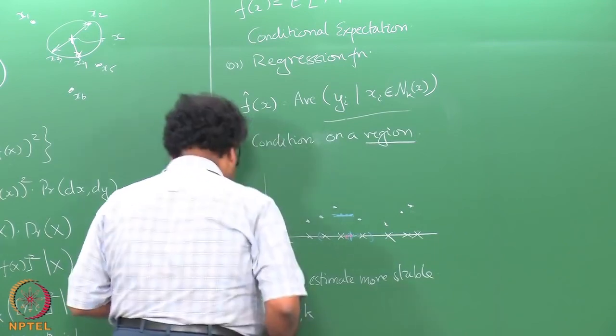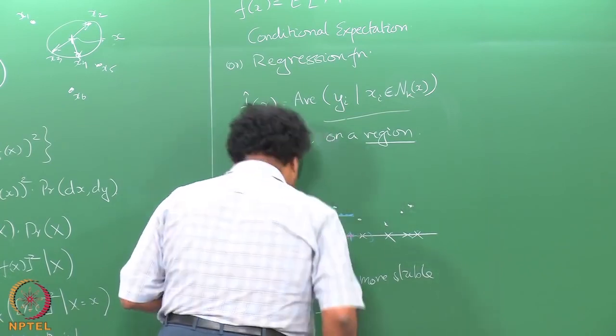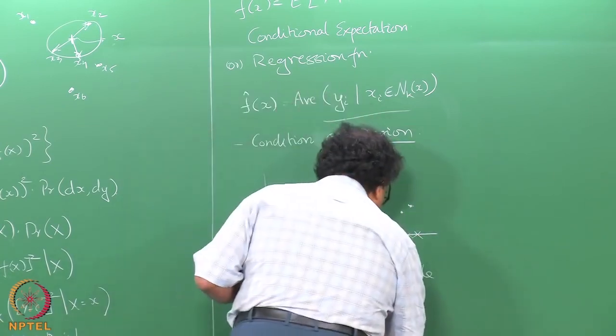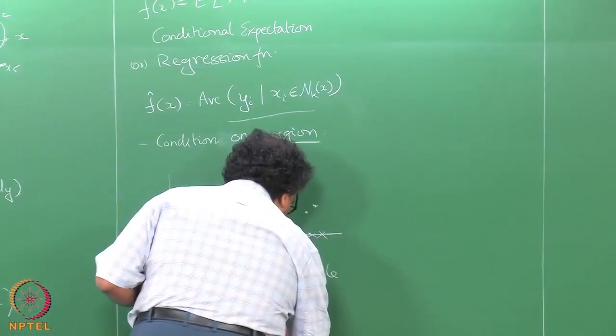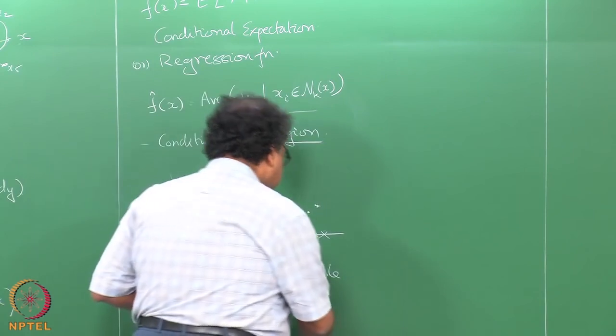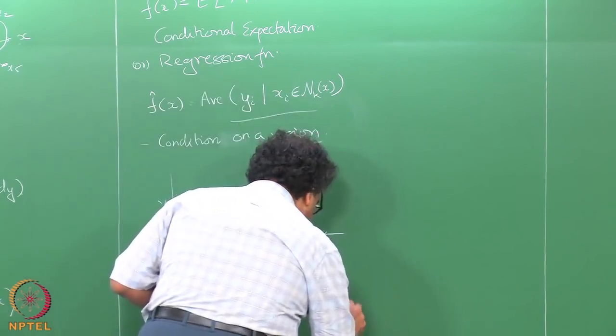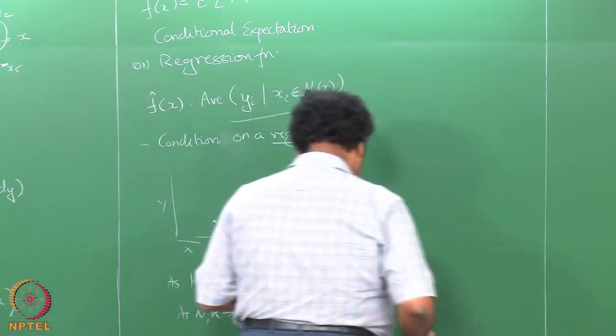And as n and k tend to infinity, or they become large, your ratio k by n would go to 0. In such a case, your f hat of x will go to